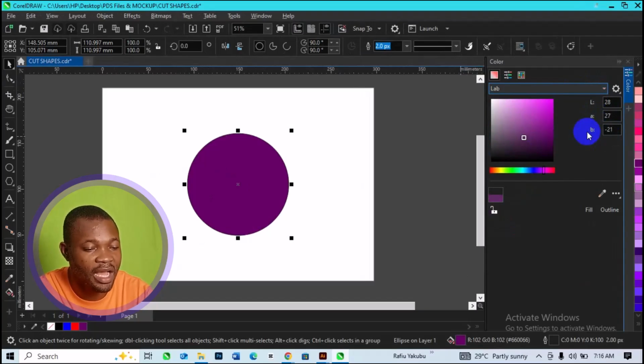So you can go on and choose different types of color right here. The more you drag up and down, it's going to be reflected in the color right here. Then you have the color code. So you can decide to use the color code